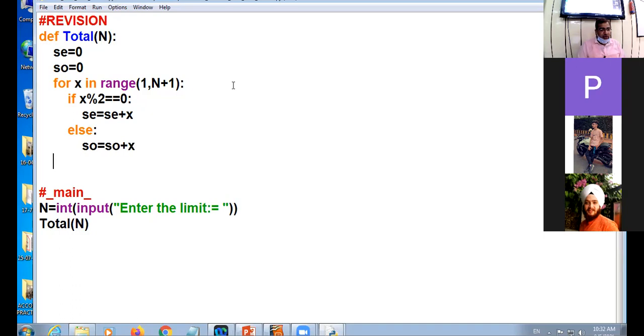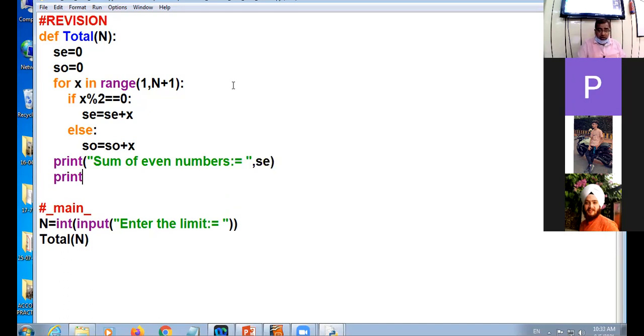Got it? And print the sum of even numbers SE, sum of odd numbers SO. Okay, am I clear?